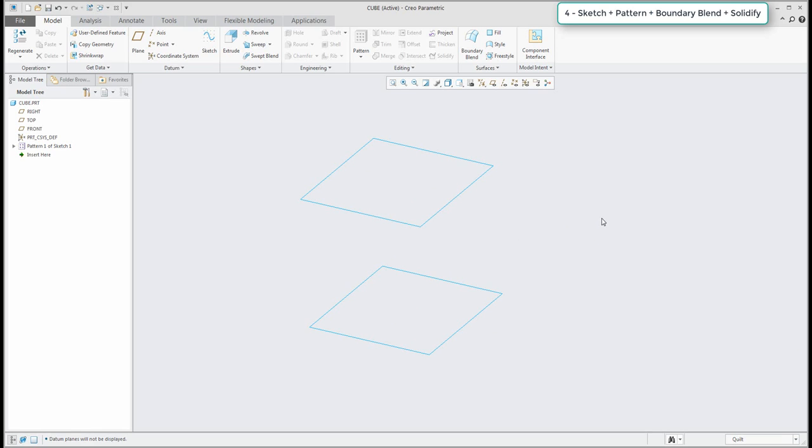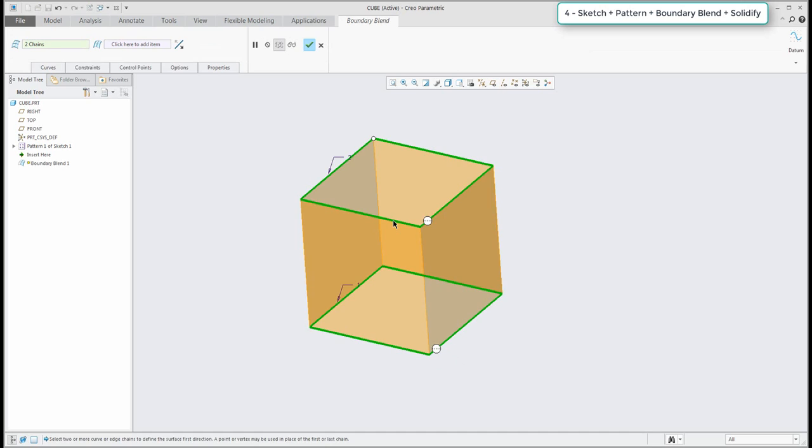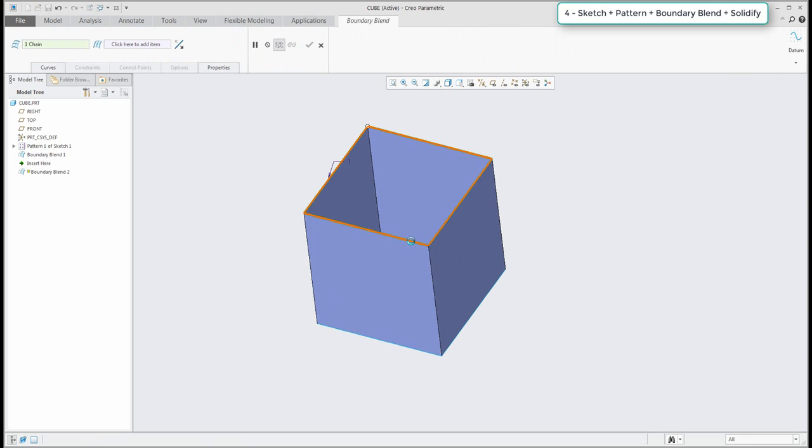create a boundary blend. So for guys who create a boundary blend, you know that it's possible to create a boundary blend really easy. You can select the 2 chains and the system will create and close it. Yeah, right now it looks good. And then we can continue on the top